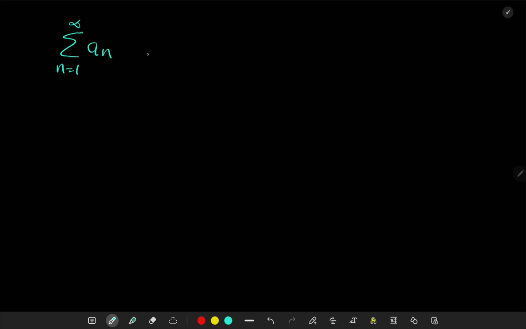So this series diverges if the limit as n goes to infinity of a_n is not equal to 0. Okay, but notice how I wrote it. So if the limit is not 0, this one already diverges. But that does not mean